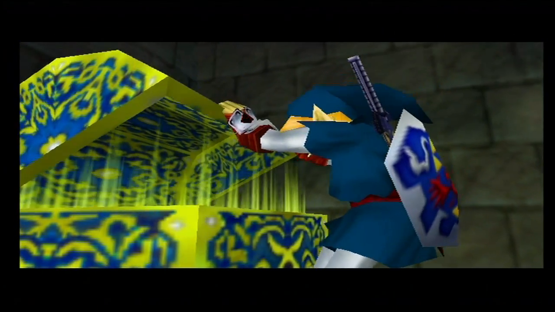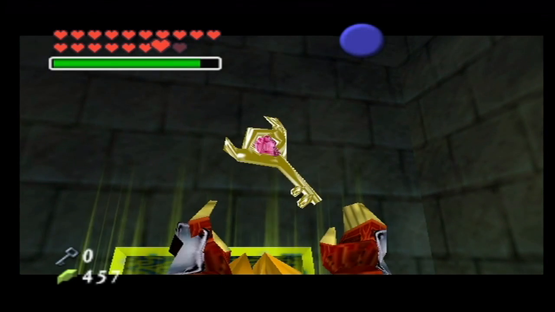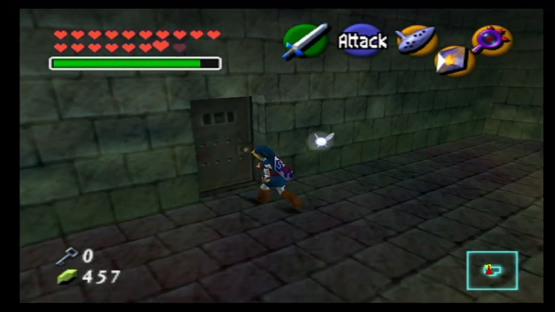And it was just as I thought. The big key is in this room. And there we have it. We don't have to fight anybody to get it. It is all ours. So we are ready to take on the boss of the Shadow Temple